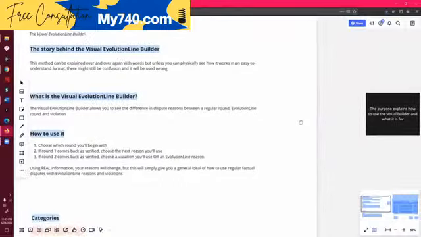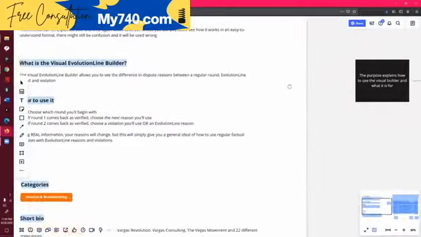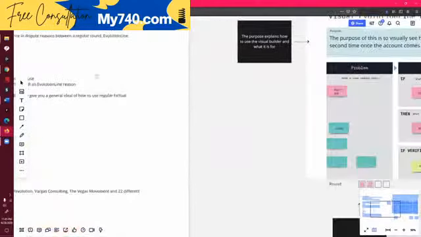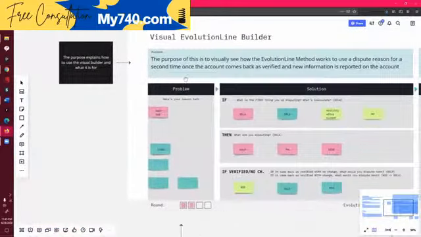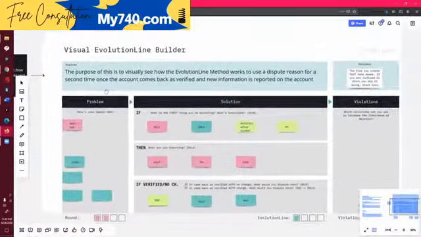Regular, ELM, and violation. So basically, what we're going to do is, let's just pull this back over here, and I'm in Miro,